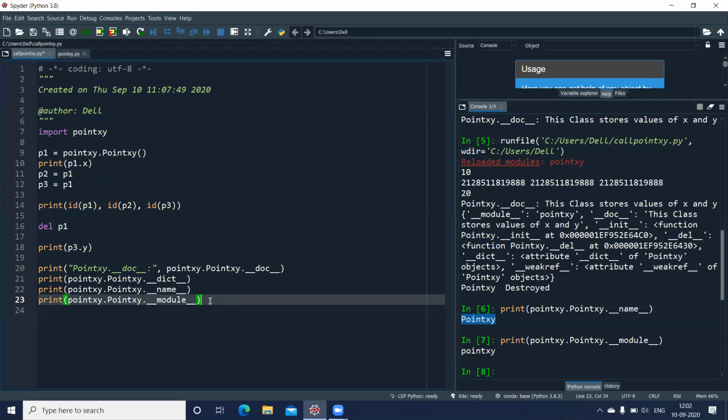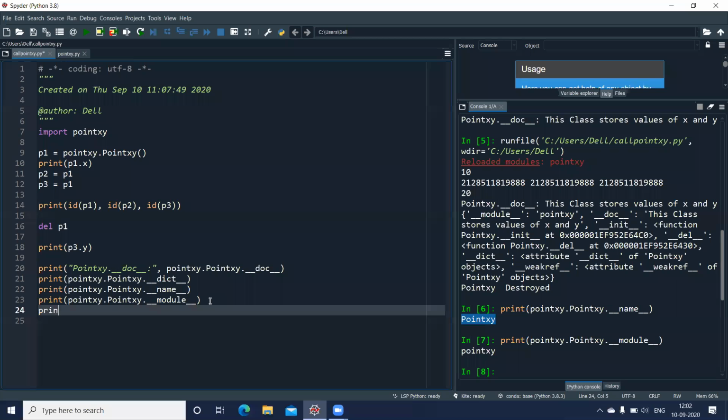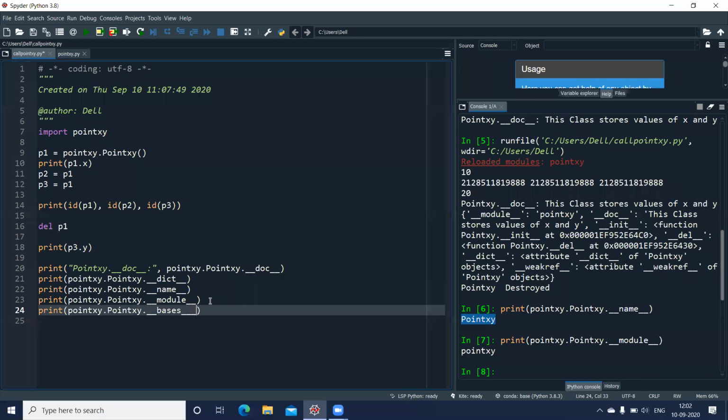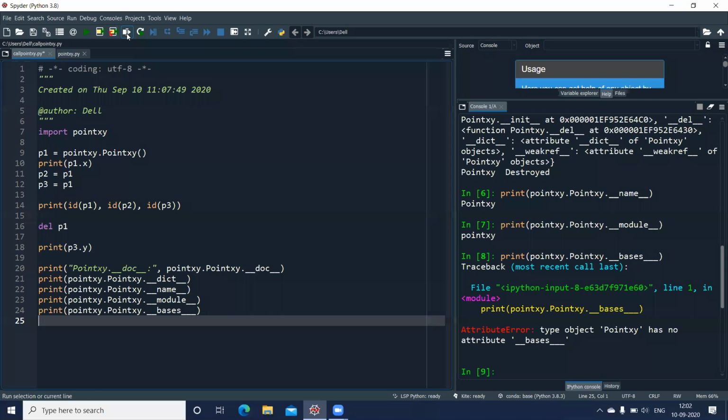Now we also can display the different base classes for this particular class which we have. So one more print statement here, and here I'll give bases. Execute this. So what is my base class here? There's an error. It says type object Point.xy has no attribute basis. Let me check.